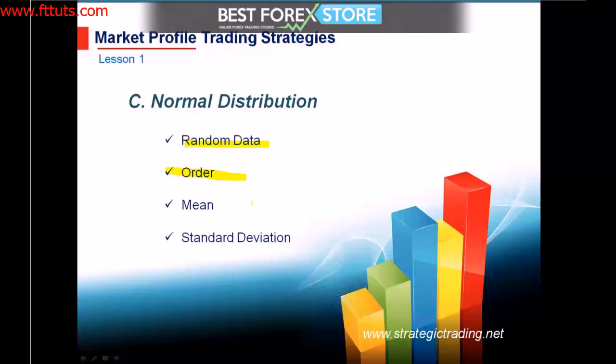If in fact there was no order in the market and the markets were completely chaotic, logic would tell us that no one could really ever make money in the market. But that's not true, because there are many entities, institutions, individuals, and so on that consistently make money in the market. What have they done? They've managed to understand the order of the market. All right, so how does this normal distribution create order for us where we had chaos before? Well,